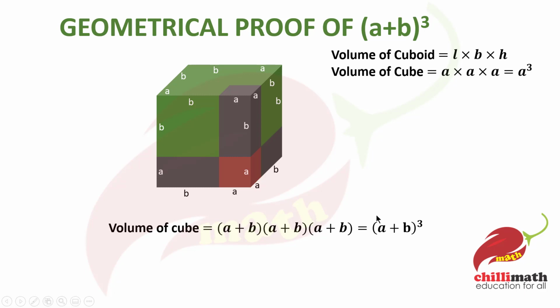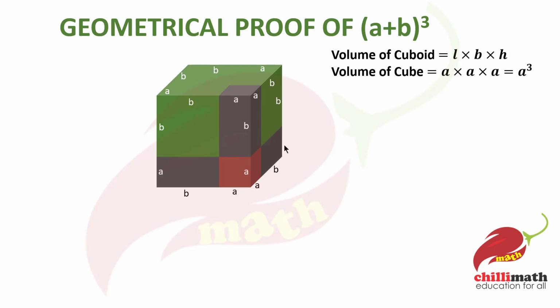Now what is the meaning of (a + b)³? (a + b)³ is like the volume of a cube of side a + b. As you can see, here we have made a cube with its length a + b, breadth also a + b, and its height also a + b. To find the volume of this cube, first we'll break this into various parts, that is into a cube and cuboids, and at the end we'll add those parts to get the volume of this cube.